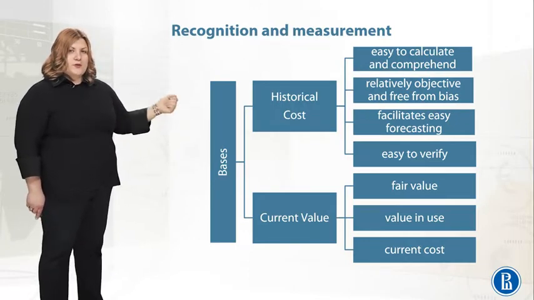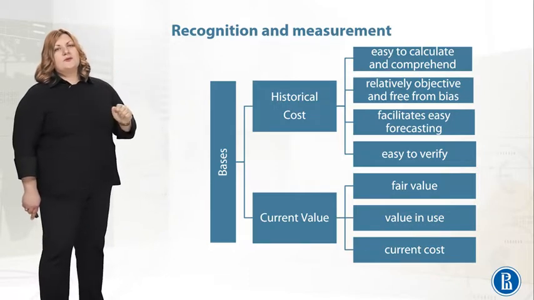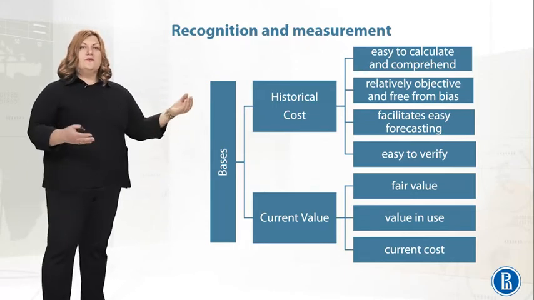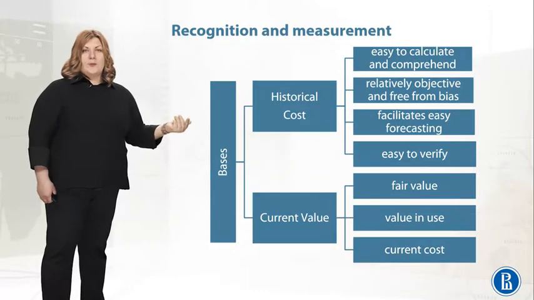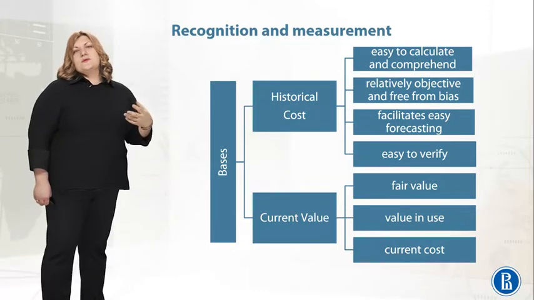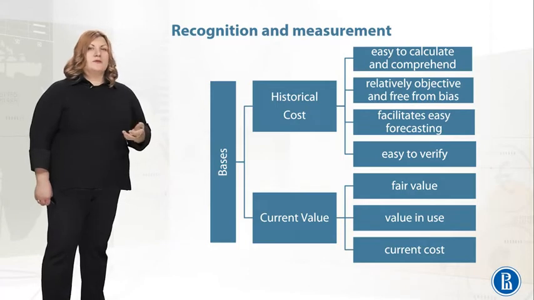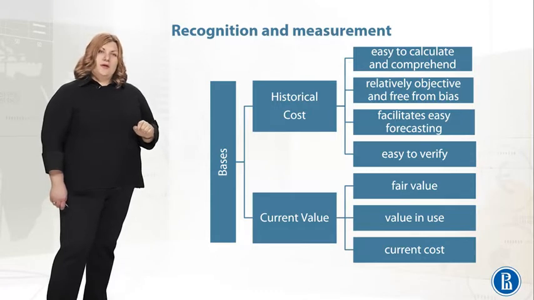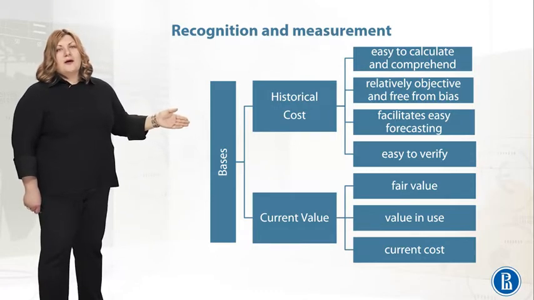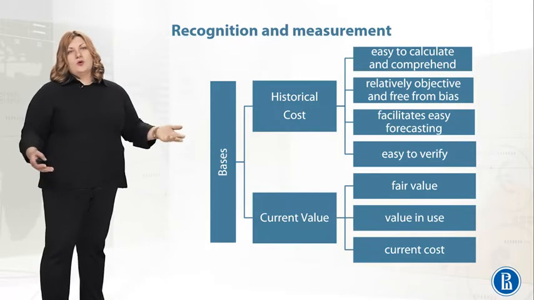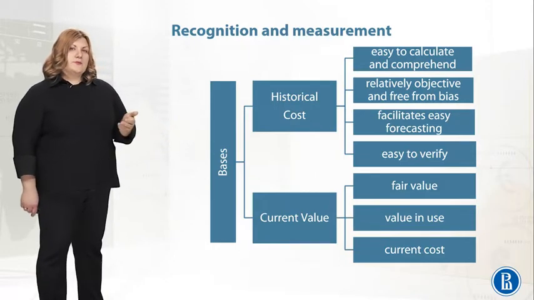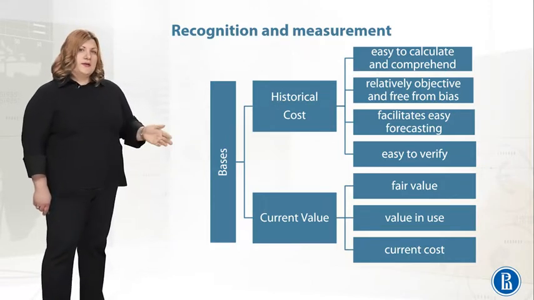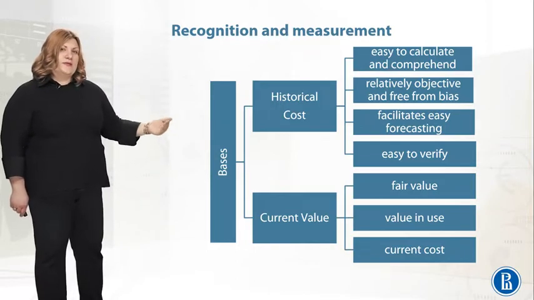As for the historical cost, you will notice that it's quite easy to calculate and comprehend because such cost forms as a result of past transactions, meaning that information can be easily extracted out of our transactions, out of the bookkeeping system. It is relatively objective and will be free from bias because something which happened you cannot change, and it lacks subjectivity. It also facilitates easy forecasting and will be quite easy to verify because you can always make an inquiry